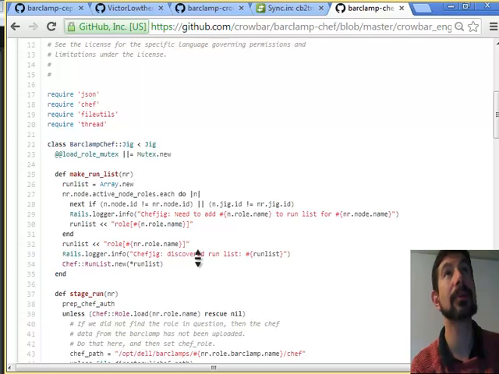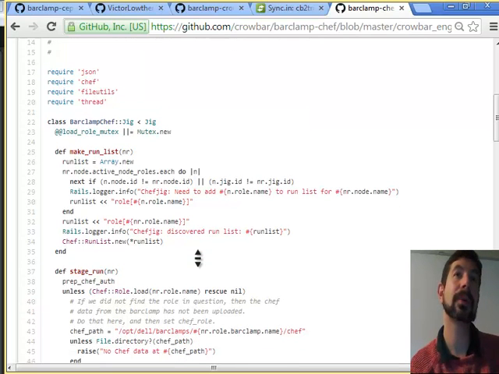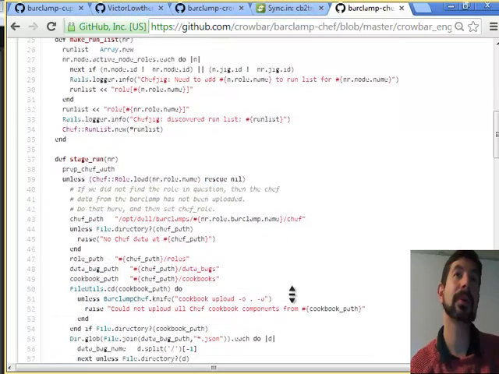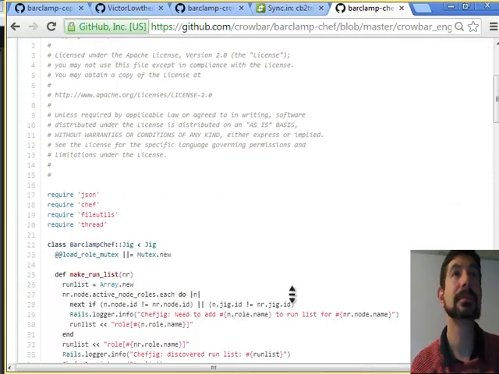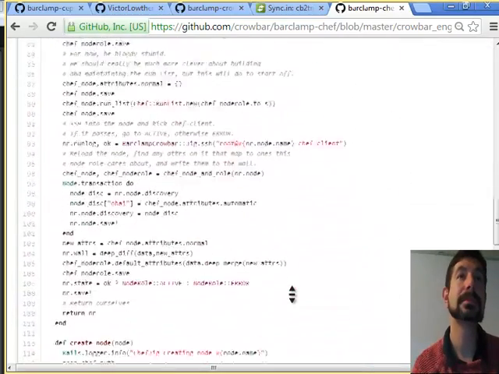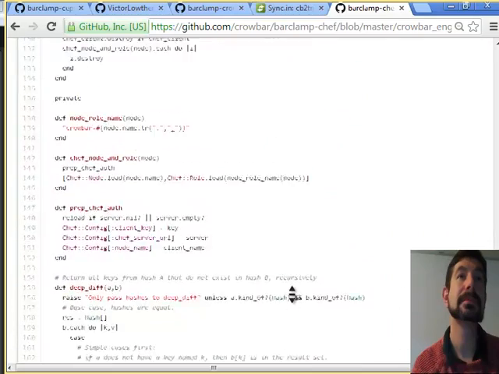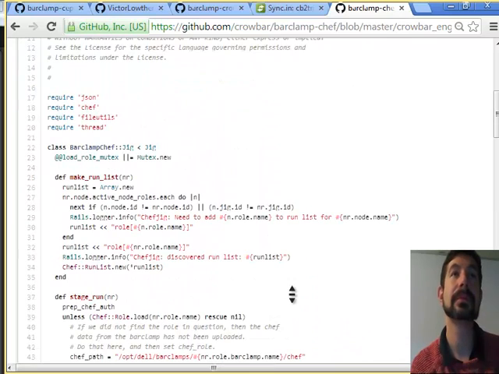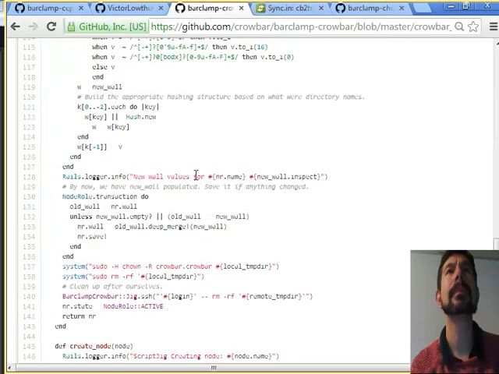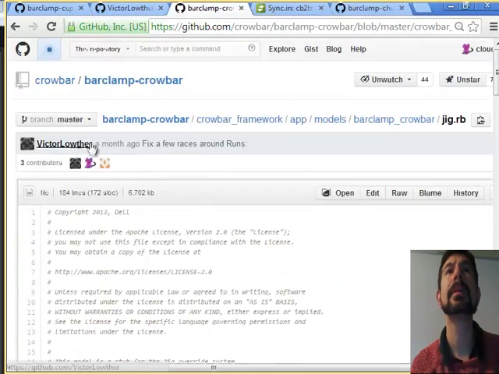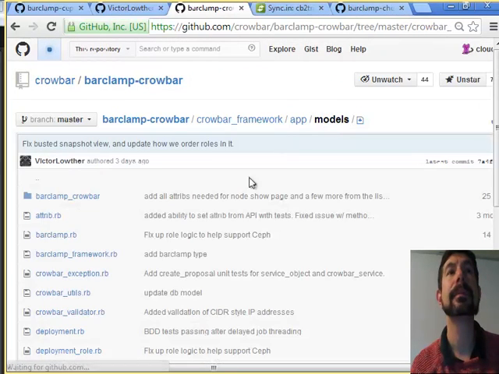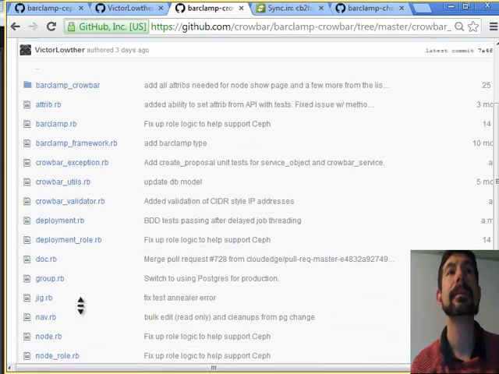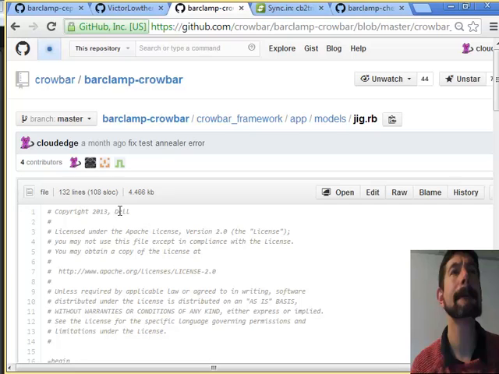Right now, the cookbooks and roles are loaded on demand. I don't want to have that established as the long-term pattern. I did that because it was expedient to do so there. Could you show us the base jig? Yep. And it lives in the bar clamp, our bar. Yeah, the base jig is